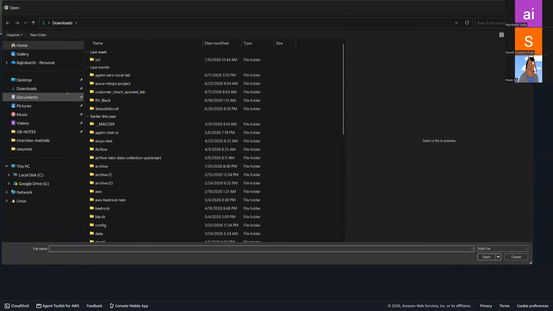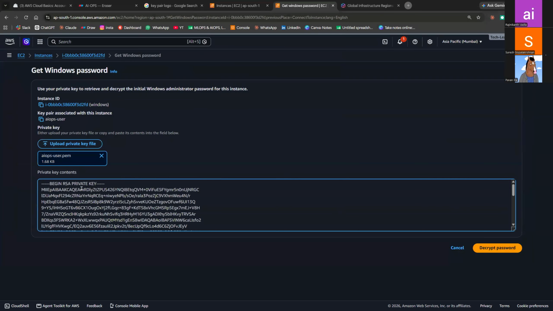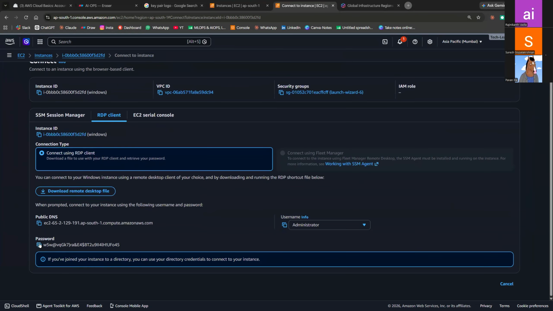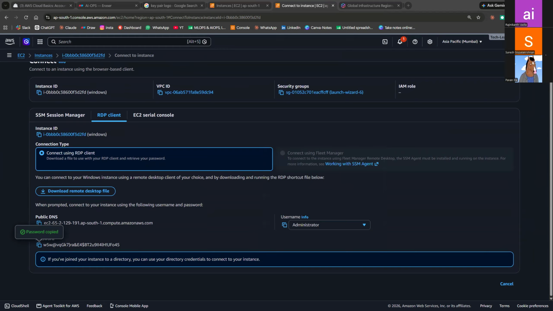So when I go to my downloads and search AIOps, here you can see the AIOps user PEM. Open this. The key came automatically. Decrypt it. So this is my key. I'll just paste that key here and click OK.